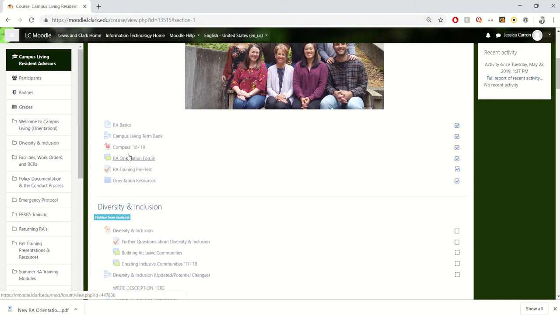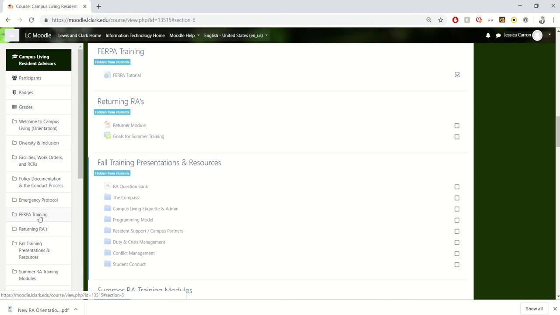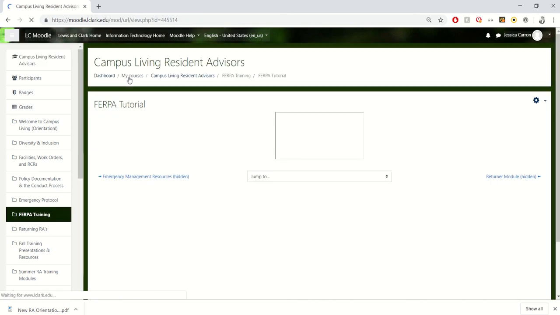The one other icon I want to show you that's not listed in here, if we go down to FERPA training on the side, it looks like a page with a little globe on the side. That means that we have embedded a web page within this. So FERPA is very basic because Lewis and Clark provides training online. So you're just going to click on that.